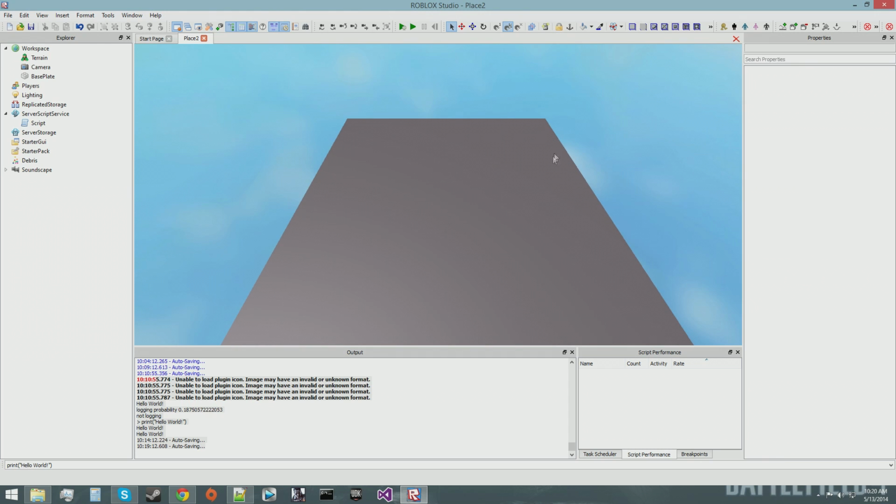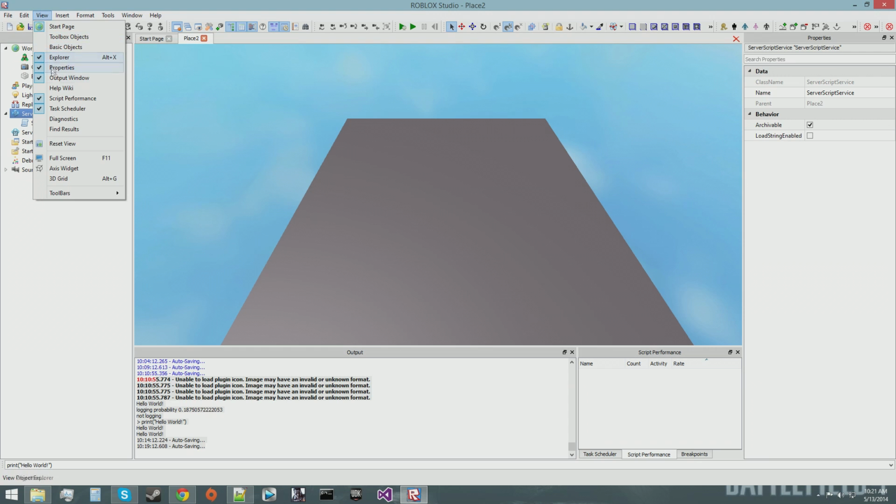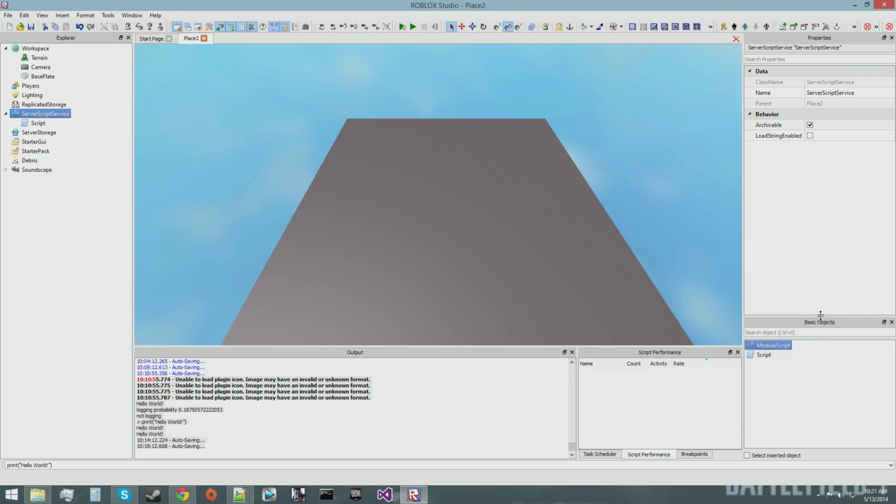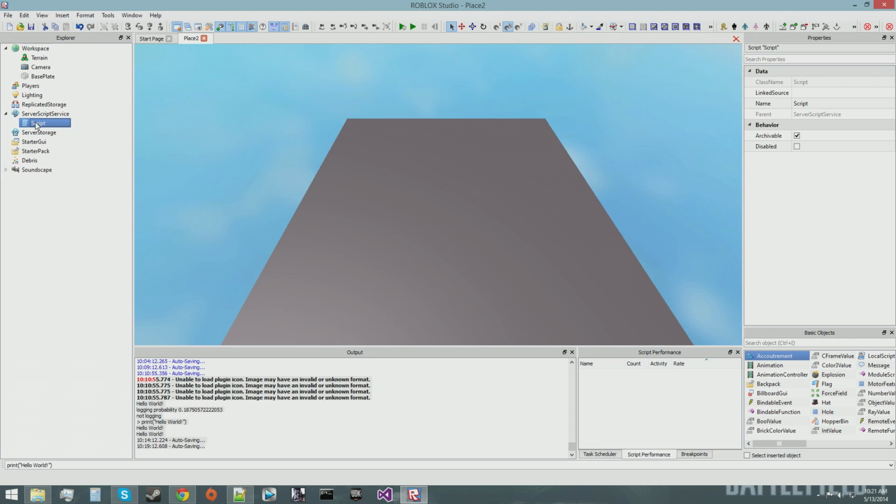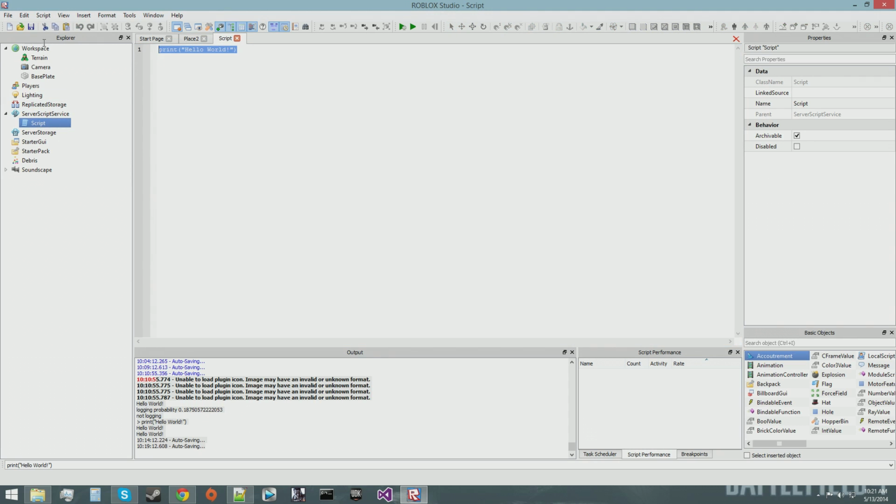Alright, now first of all, to make scripts, it's not that hard. Basically, you have to go into your server script service if you're making a server script, which you probably are, and I removed my basic objects thing, which you should also have open. Forgot that I closed that. Okay, so you want to insert a script into the server script service, and when you open it for the first time, it should have some code in there. You can just erase that,